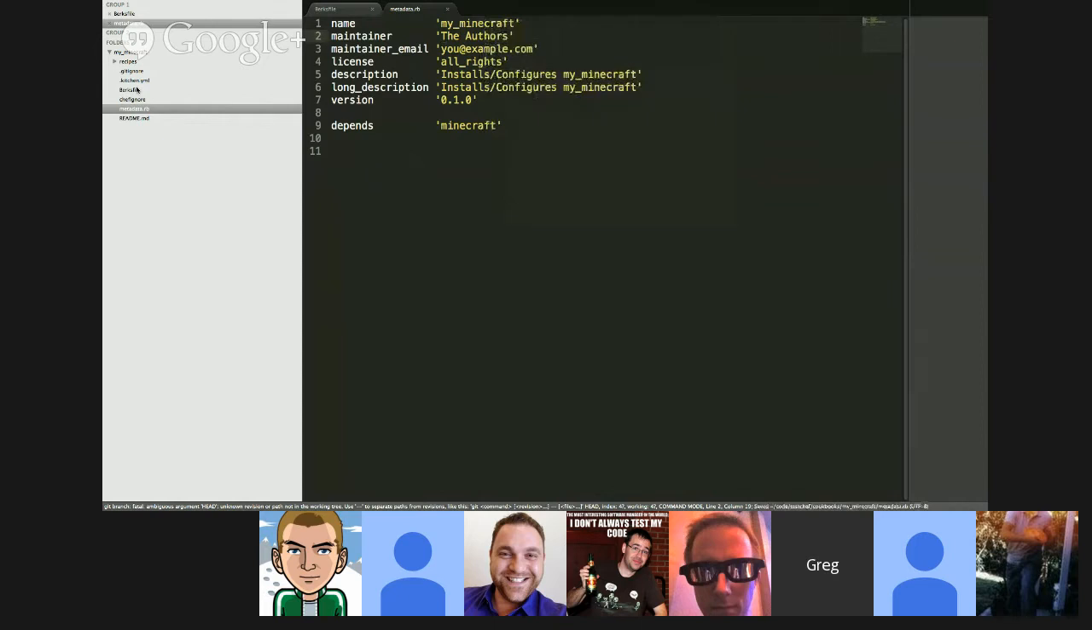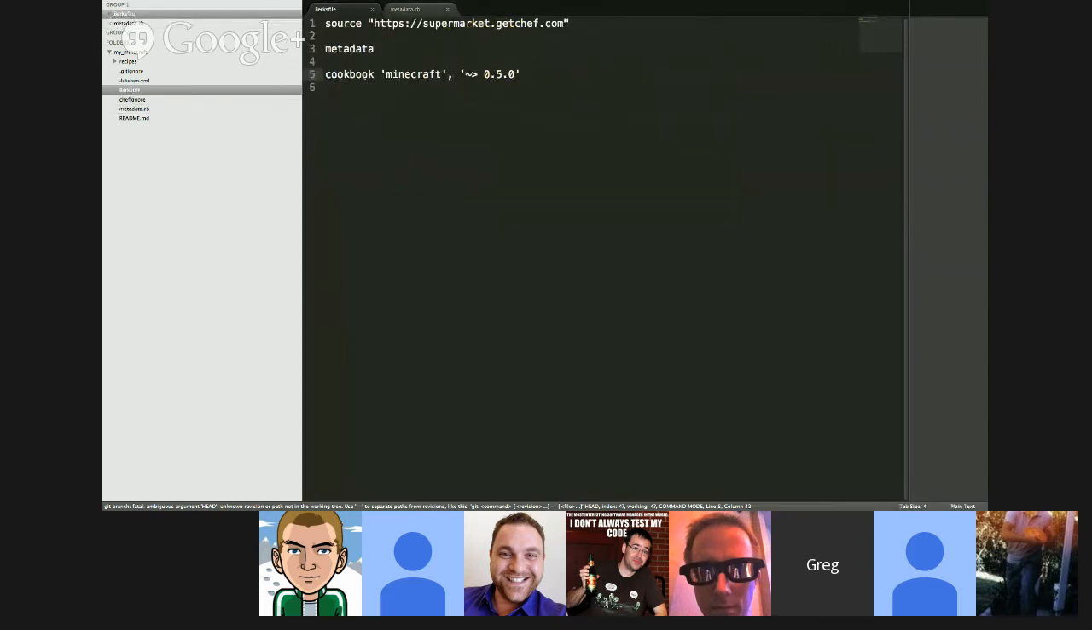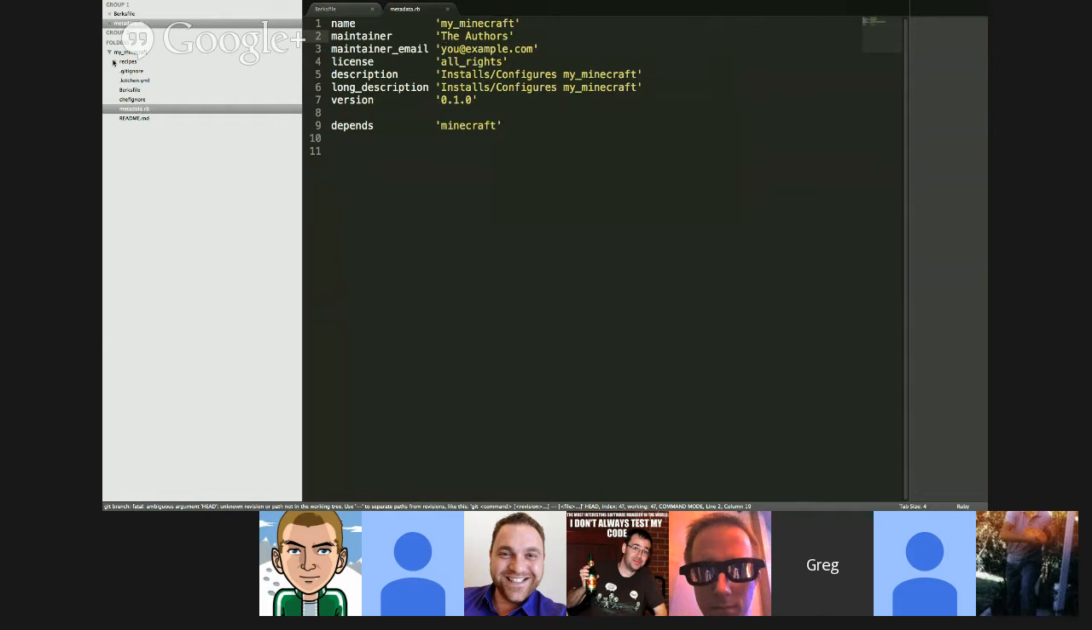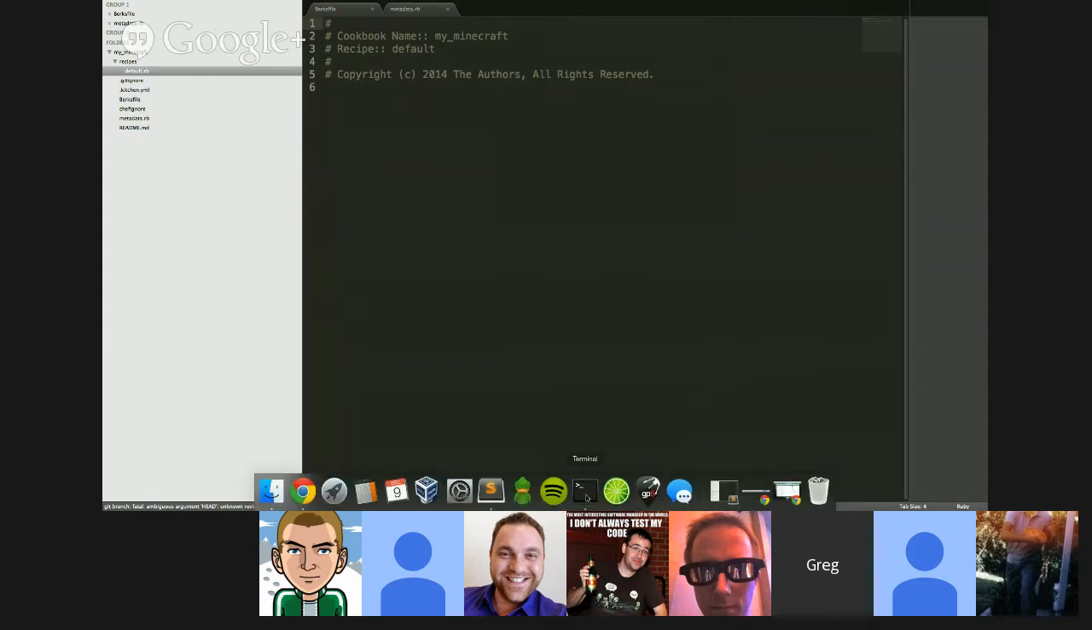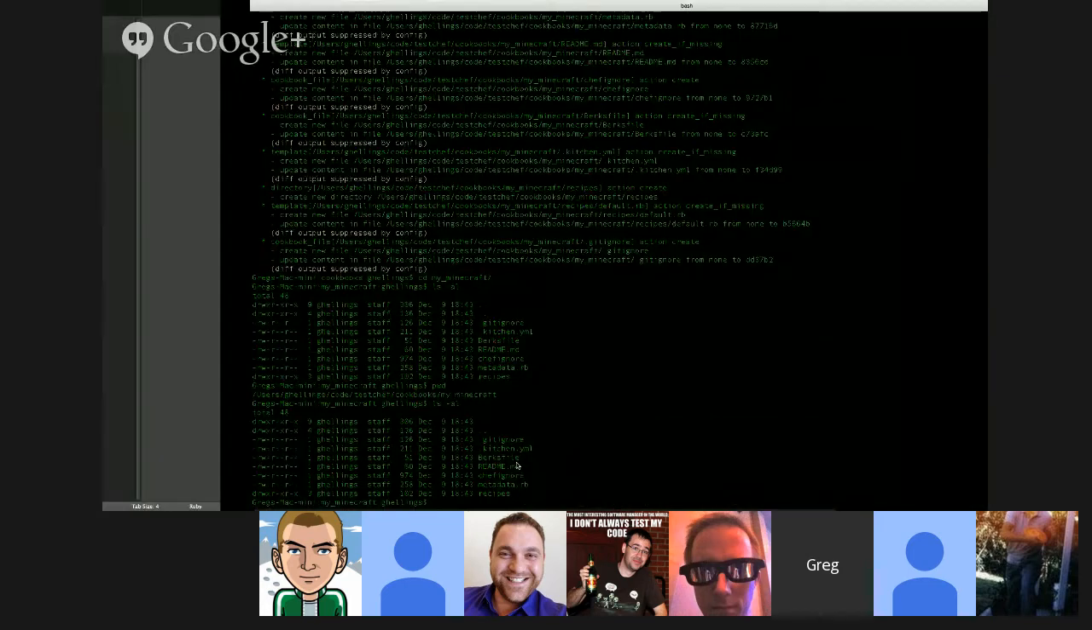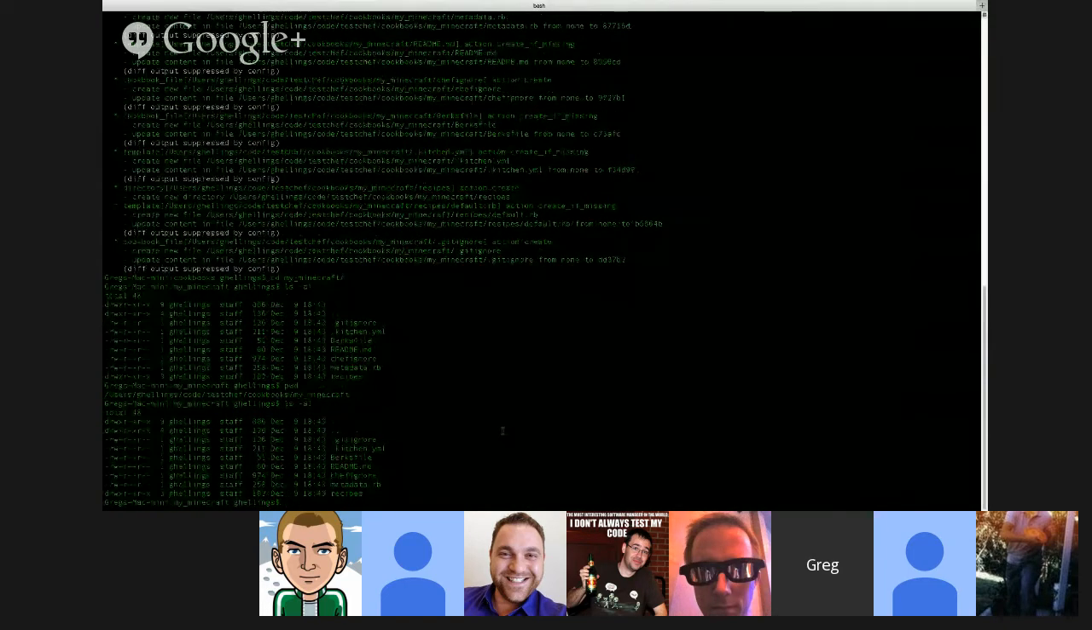So that's our first two steps here. We have added the Minecraft cookbook to the Berksfile and to the metadata file. And our next step would normally be to hop in here and now include the Minecraft cookbook in our recipe. But we're going to quickly, because we want to do this in a TDD way, start with our